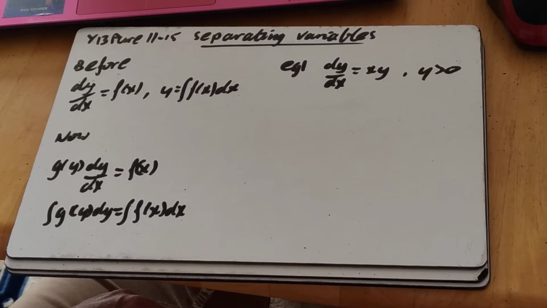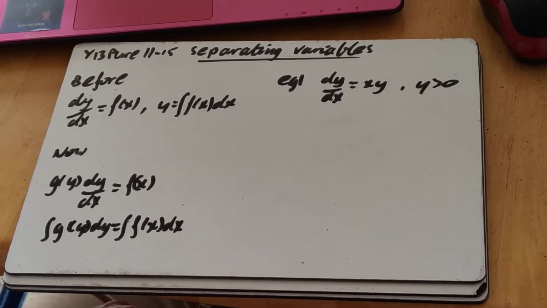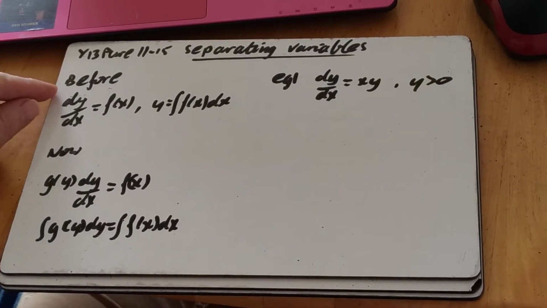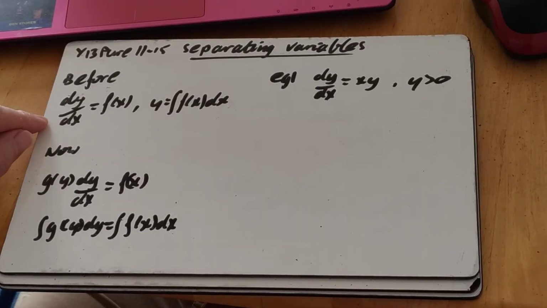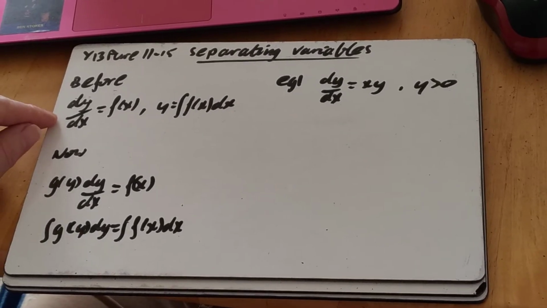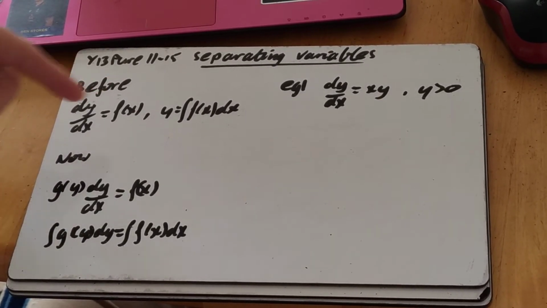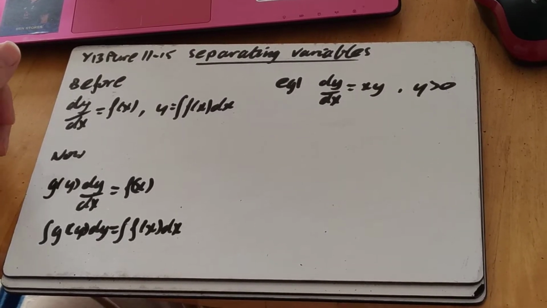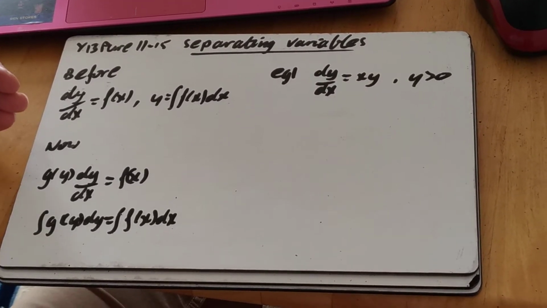Okay, today we're going to be looking at some more Year 13 pure work, something called separating variables. So far you've looked at how to undo a dy by dx equation as long as it's dy by dx as a function of x, and then we just undo it by integrating. Nice and straightforward. What we're going to look at today is when our dy dx is a mixture of x's